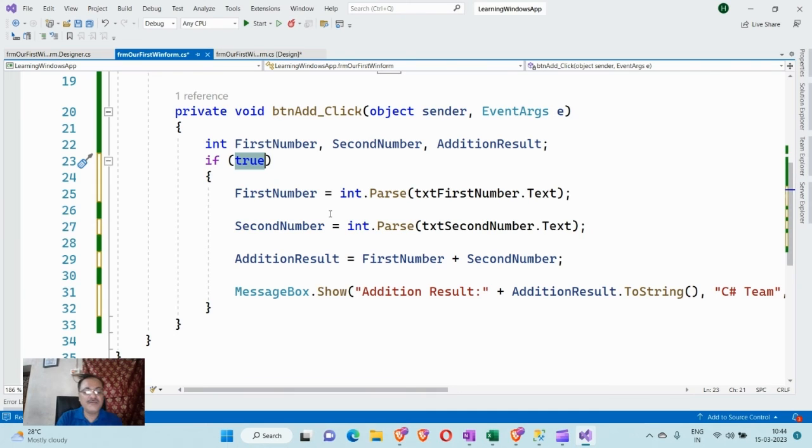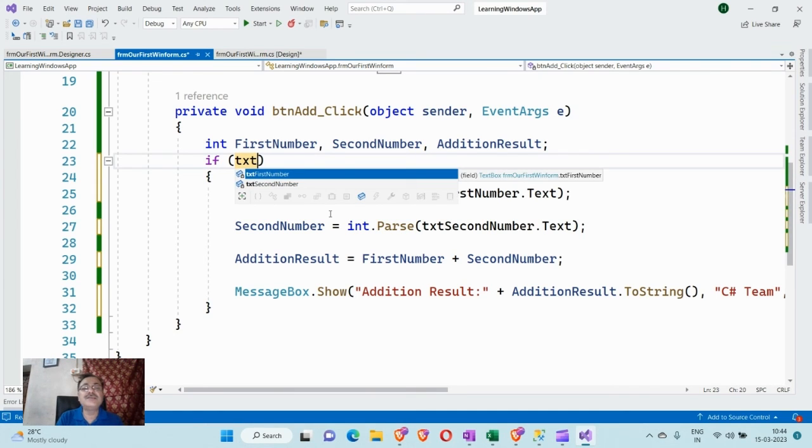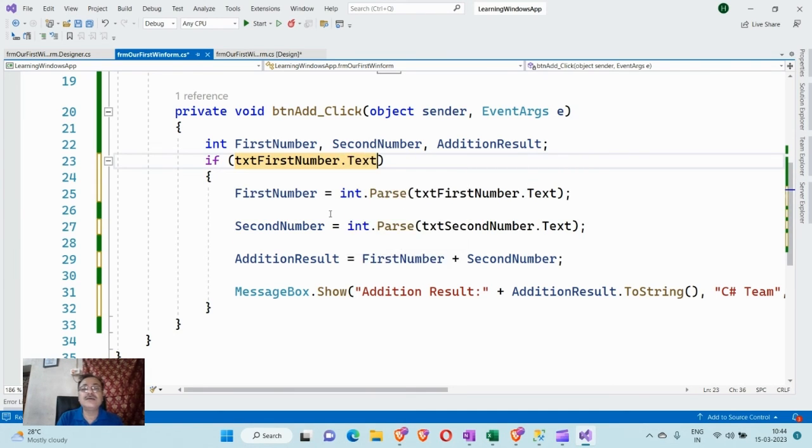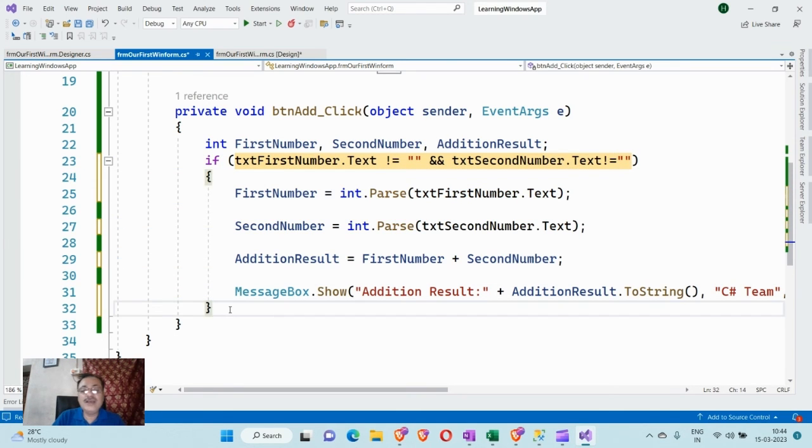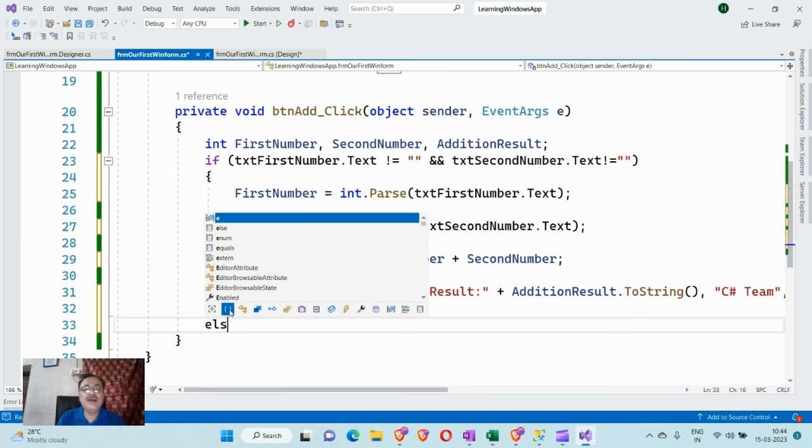In this if, what I will write, txt first number dot text not equal to empty, and txt second number dot text not equal to empty, then only perform this code. Otherwise,